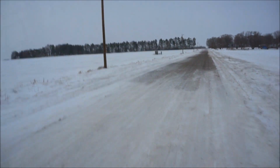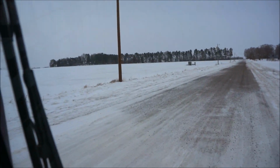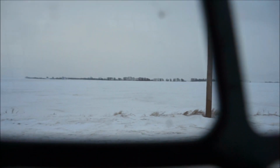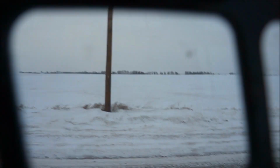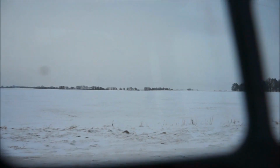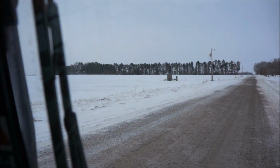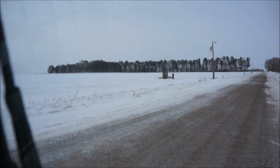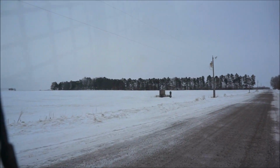I'm just gonna pan over here. It's a little rough on the road because of the snow, so bear with me a little bit. But out the window here, we got one of our fields. You can maybe see the pivot out there. Over here, this is the irrigation well that feeds that pivot, that irrigation system, and it feeds another one as well. In that line of pine